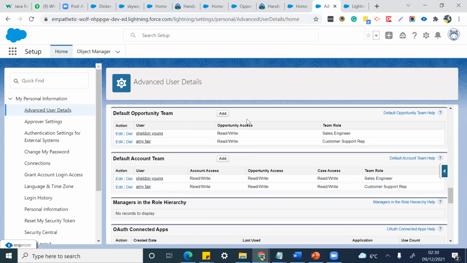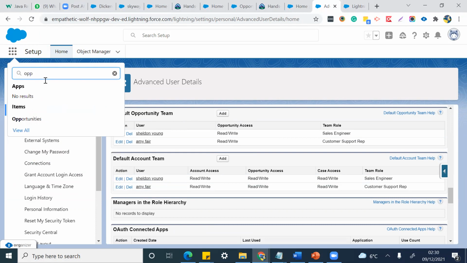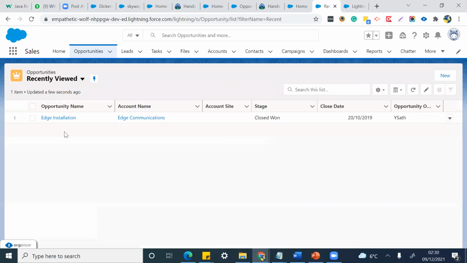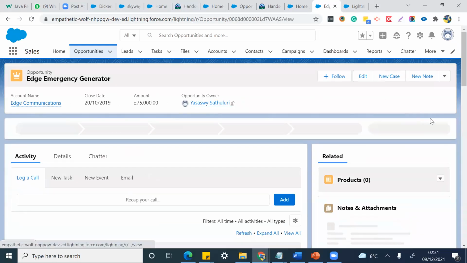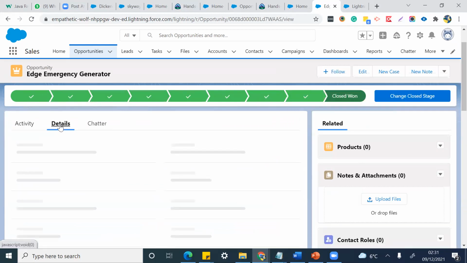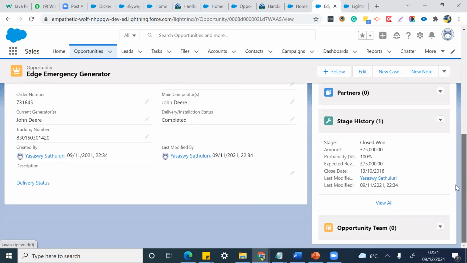Default opportunity team also we can add, and when we go to setup and go to opportunities, we can see under opportunities, on the right side of the board, on the bottom, you can see opportunity teams.